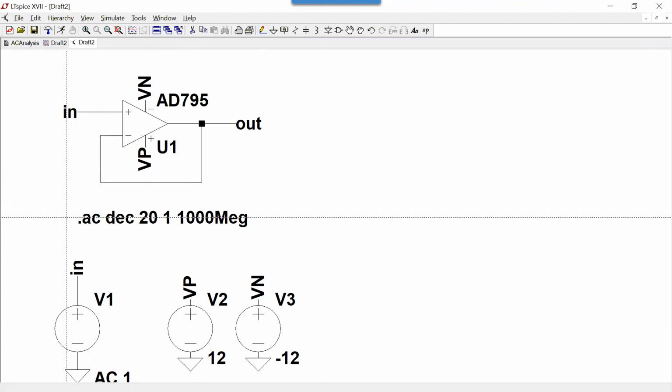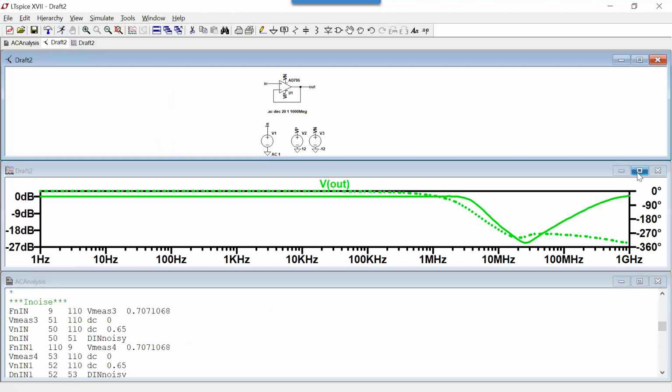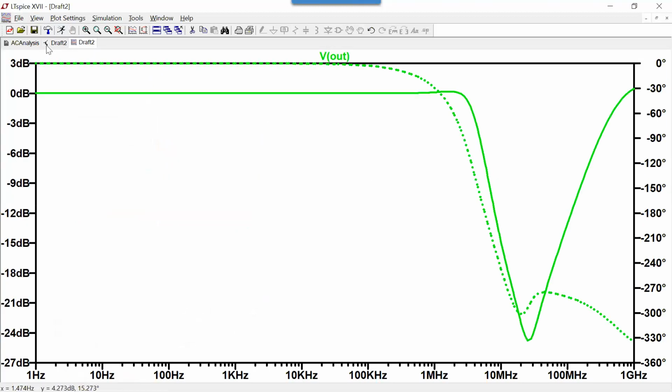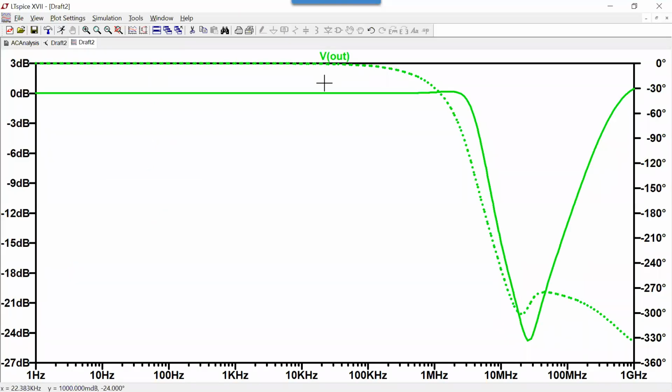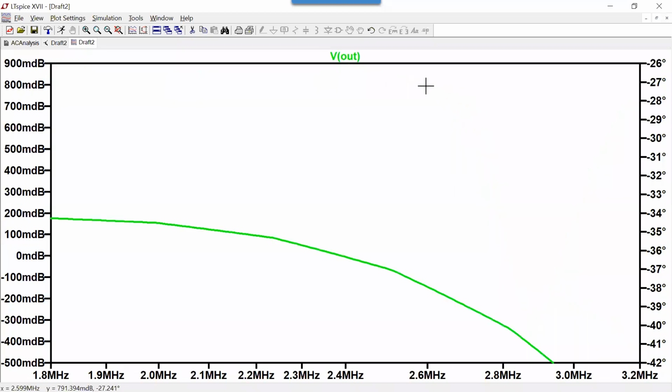Okay, so this is a buffer, right? V out should always equal to V in. What I'm saying is that this line should be 0 for infinity. So where is the gain bandwidth having an effect? Well, the phase starts deviating from 0 about here, but really we can see that